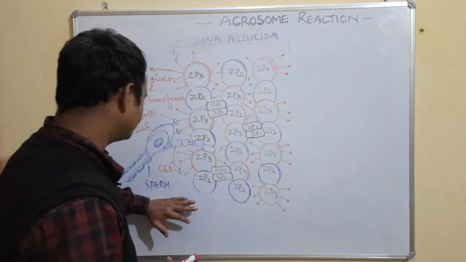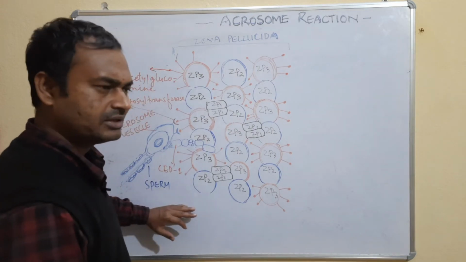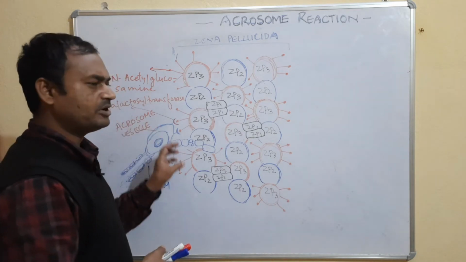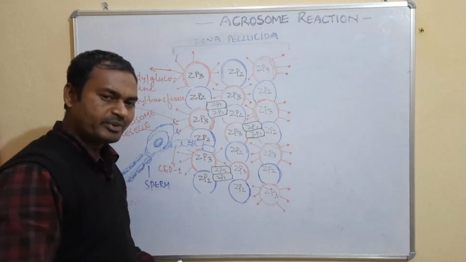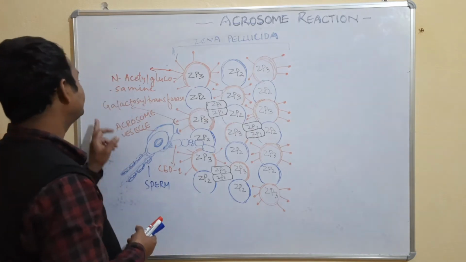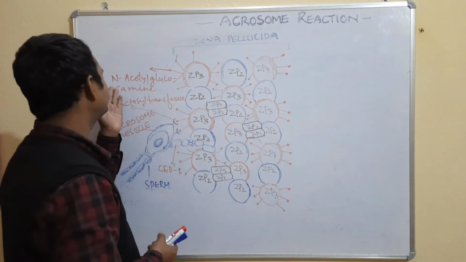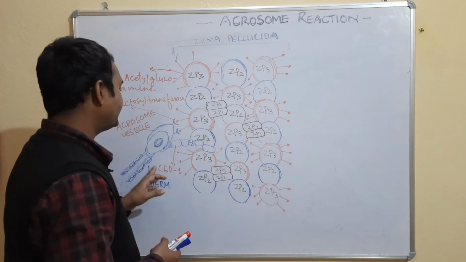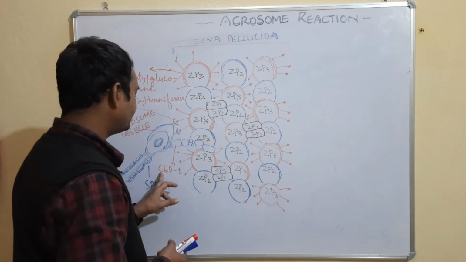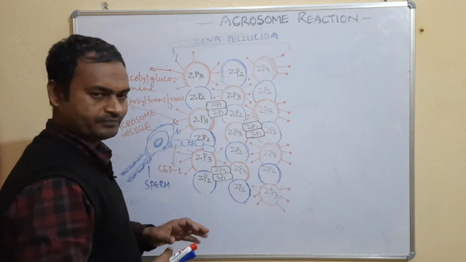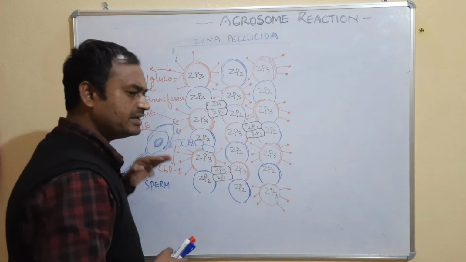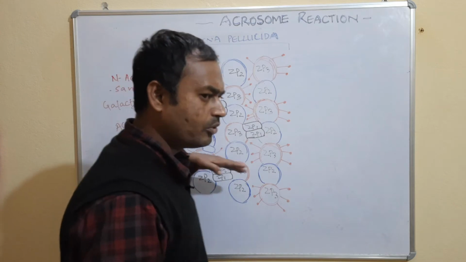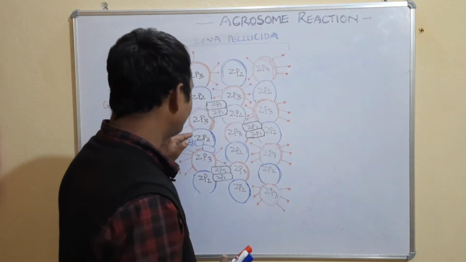Now what happens with the help of the motility? Right now the sperm has come here and bound firmly to the zona pellucida membrane with the help of the galactosyl transferase, which bonds with the help of N-acetylglucosamine, and another attachment is with the help of the SED1 protein. And with the help of all this, it makes a bore